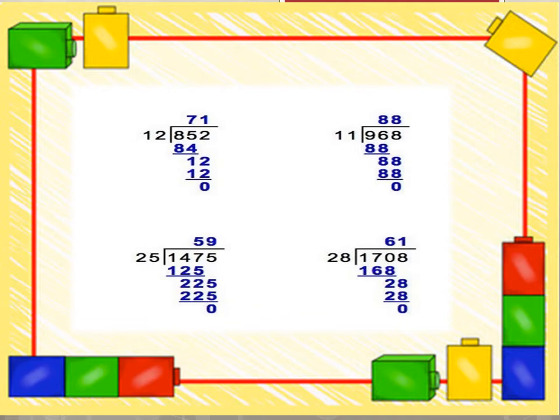25 is the divisor. We have to always keep in mind that the difference, whatever difference is coming, should be less than the divisor. So here 22 is the difference and we have taken 5 down. 25 nines are 225, and now the remainder is 0. Here in all these sums the remainder is 0, but it is not compulsory that the remainder will always be 0. Let's see a few more.